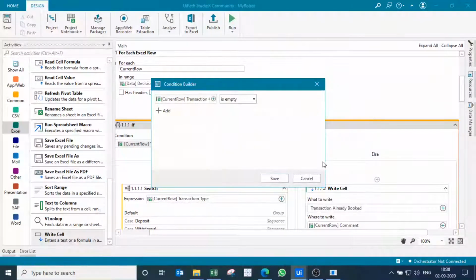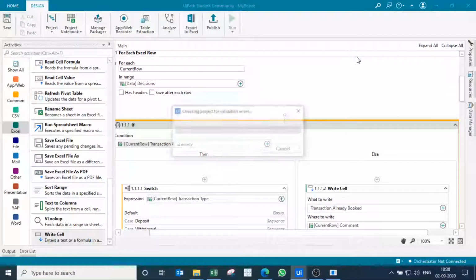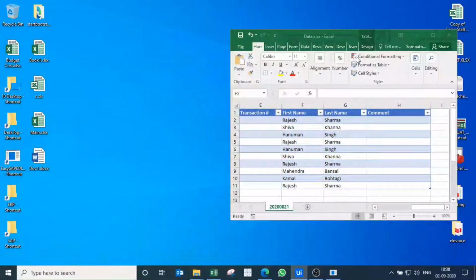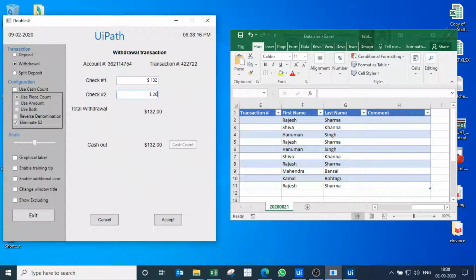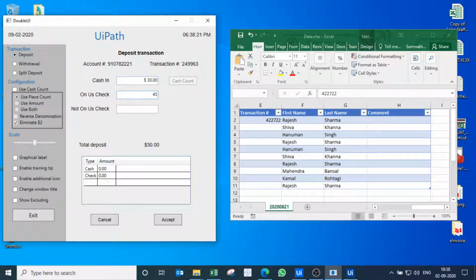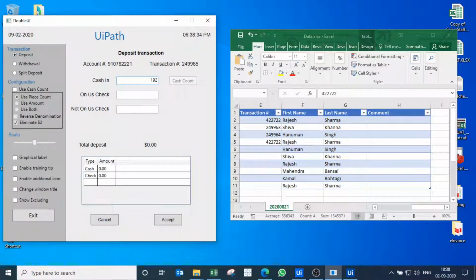transaction ID, this one. Now let me save it. Now I think I have done it correctly. Let me run it again, and now it's running. Yes, now it's working. So you can see now that it is automatically generating the transaction IDs, and it's filling them down there. Congratulations, we have got our project running.